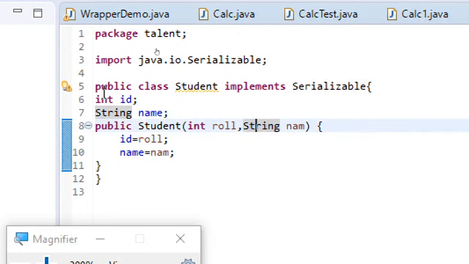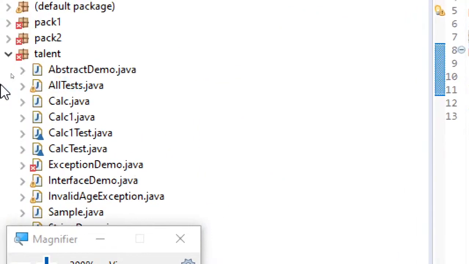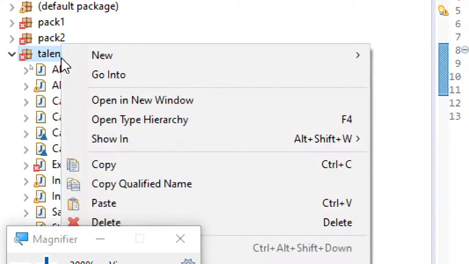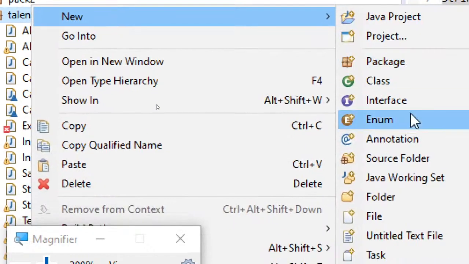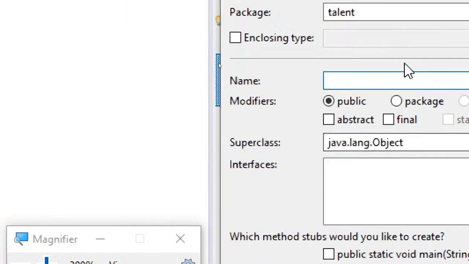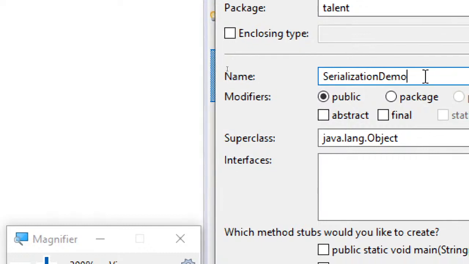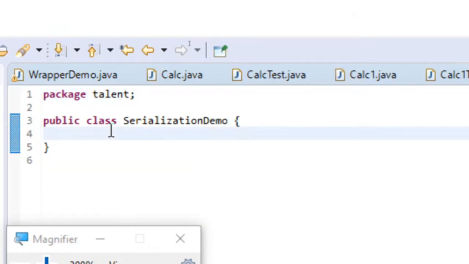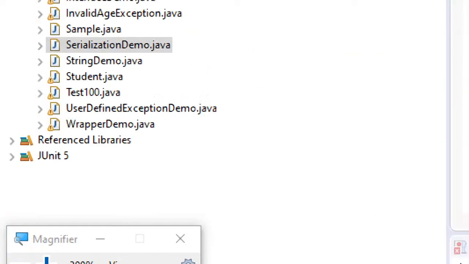Just save this, and now we will create a class for performing serialization first, and later one more class to perform deserialization. So this is the SerializationDemo, and within this we require main also.